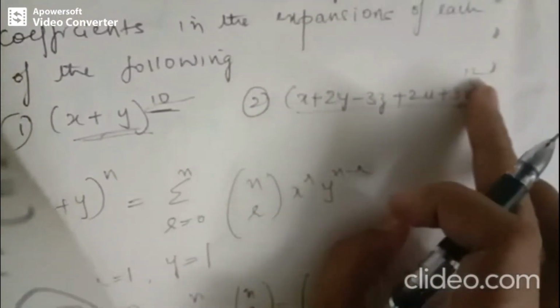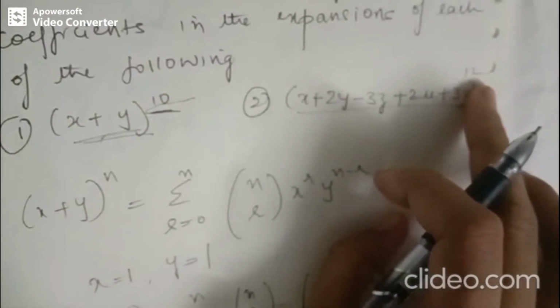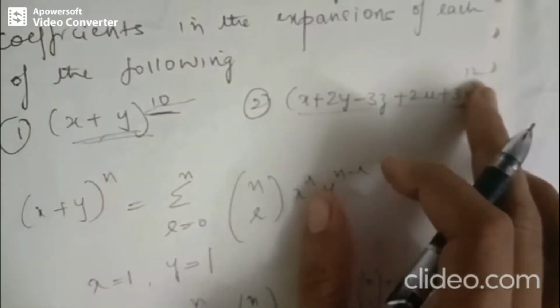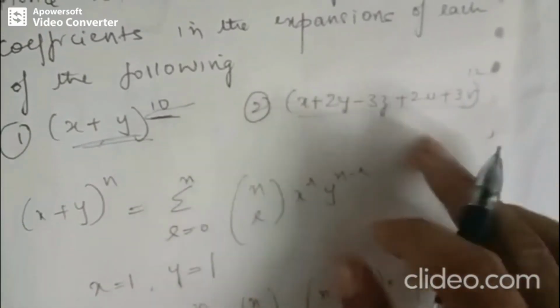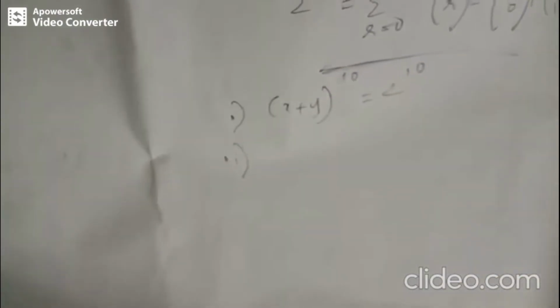So next, how can we get this one? How can we get 12? That is basically we need to substitute the value of n wherever there is n, we have to substitute it by 12. So let's see how we can write this multinomial theorem first. So now, let me write the second sub question. How do you write the multinomial theorem?